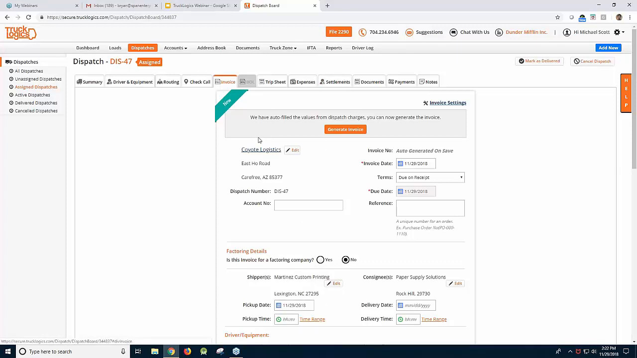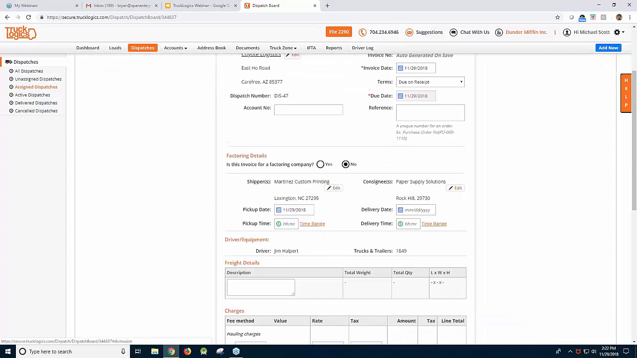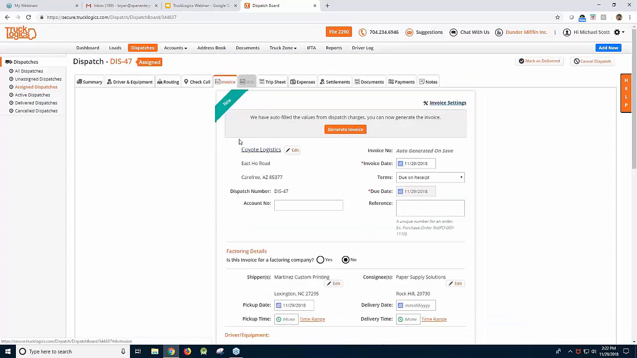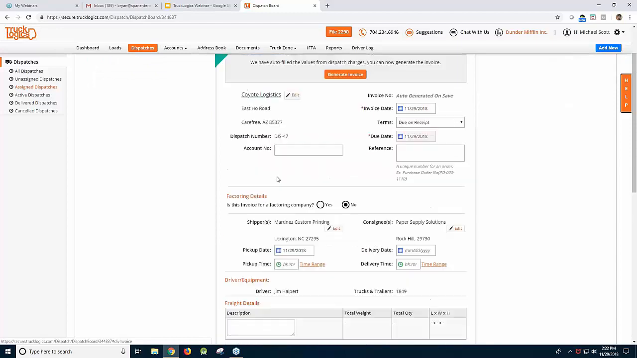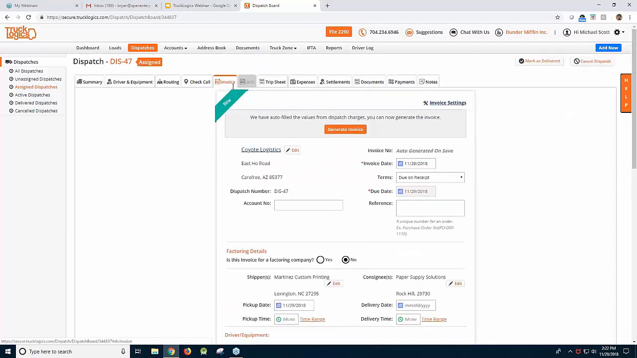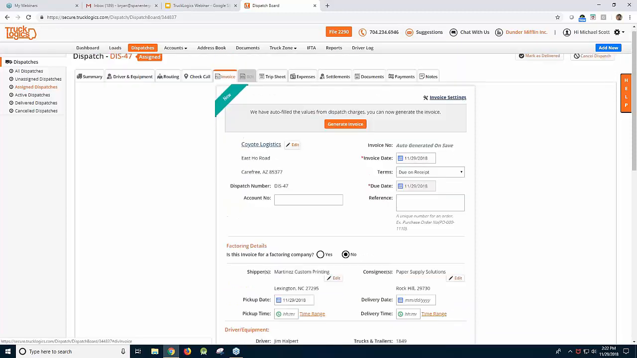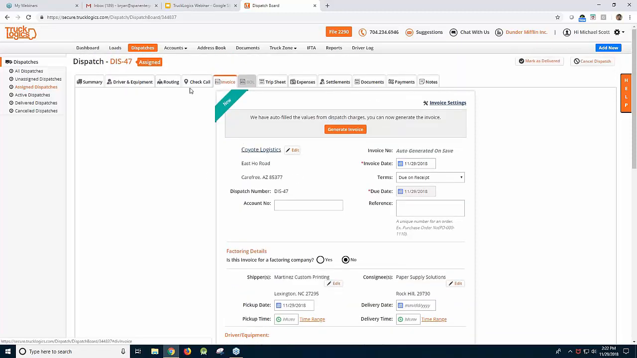But one thing I mentioned in the intro is that sometimes you have a customer that is just a direct customer you work with a lot, and you may just invoice that customer once a month or once every couple of weeks. If you have that kind of situation, you don't want to create this invoice every time you put a load in here, because you're going to want to invoice them at the end of the month or however you're doing it. So if that is your scenario, you're going to ignore this invoice tab per load or per dispatch. And whenever you're ready to invoice that customer,